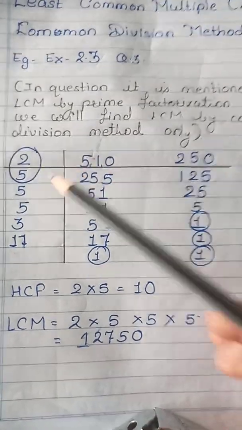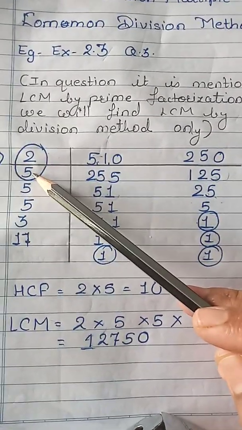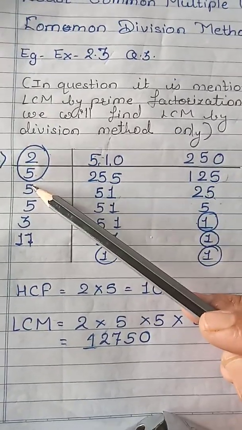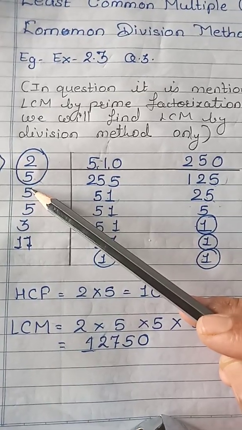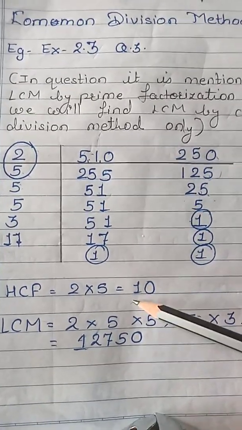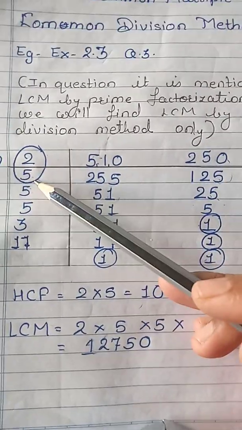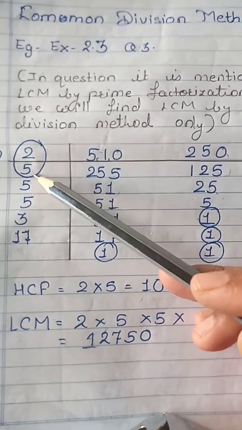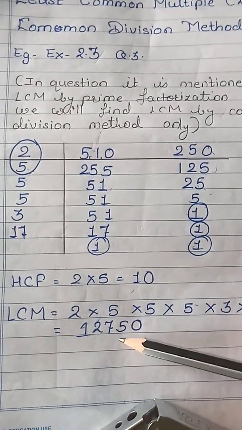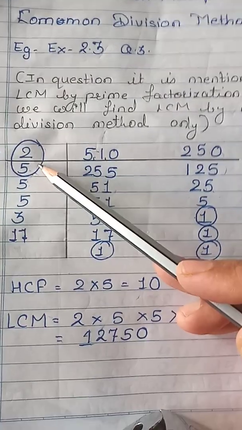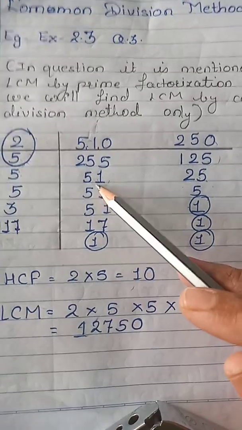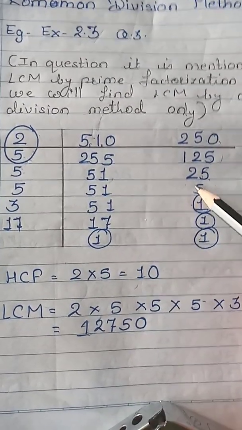Till this we could find the common factors as 2 and 5. So I have encircled them, meaning 2 and 5 we will consider for HCF because these are common factors, and here the HCF of these two numbers is 10. Every time try to encircle these common factors. It will be easy for you to find the HCF. Whenever I will be finding LCM, I will encircle these common factors and we will find the HCF of the same.